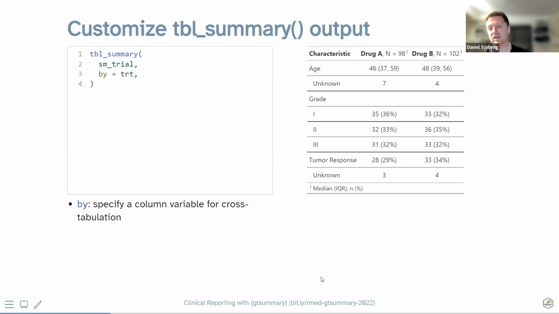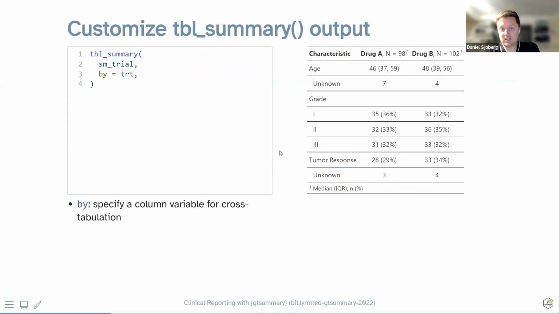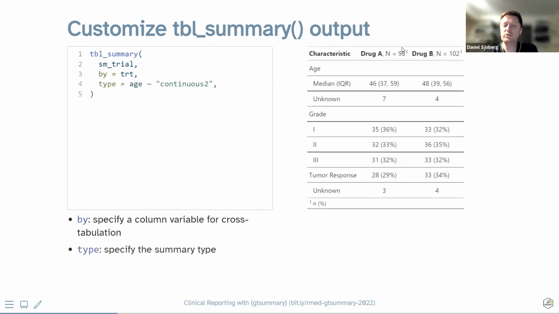Okay, so now we're going to need to customize it a bit. So, in our line of work, we're often comparing 2 or more treatment groups. So right away, we are going to say, please prepare all of these summary results by TRT, right? So that's what we get in the end. Treatment A, treatment B, the same table you saw previously. And you can do any number of levels there. There's a few other packages out there that will say, oh, I can only do up to 4 groups, but this is unlimited.